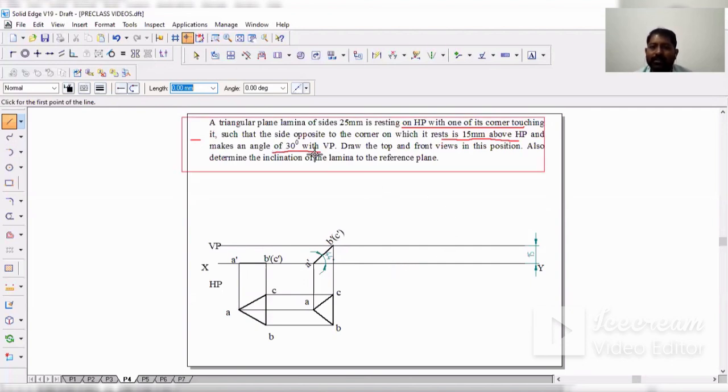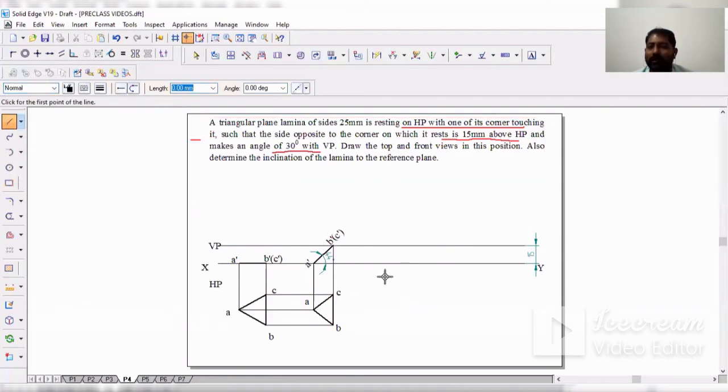For the third condition, what he has given is that the edge opposite to the resting corner makes an angle of 30 degrees with VP. For that reason, select the line command. The line is normal.